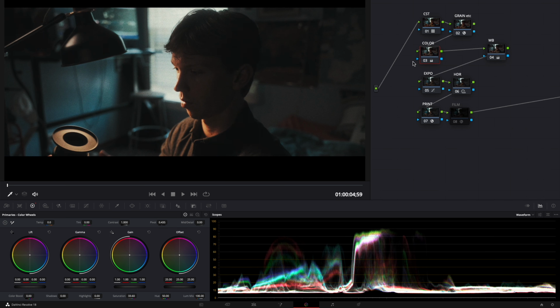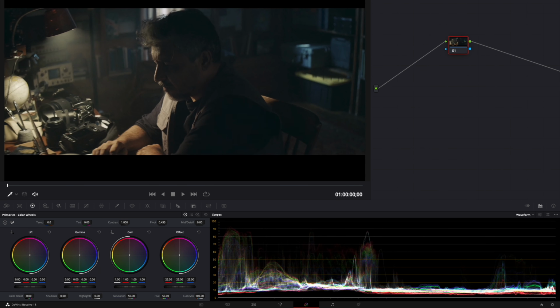But now I'm gonna go into my color node and start adjusting some of the offset, trying to match the shadow tones a little bit. And something that I like to do is check the color of the blacks. So if you click this little button right here, this dropper, and drag it over a black area of the shot, you can see your RGB numbers. So as you can see right here, this shot has a lot of blue in the shadows and a decent amount of green and a lot less red. So it has that bluish green